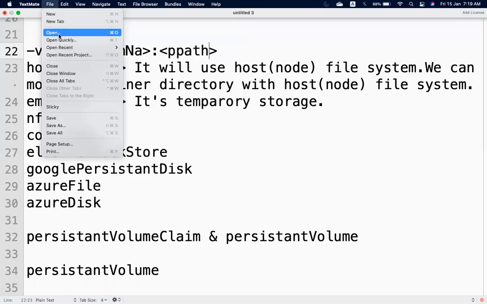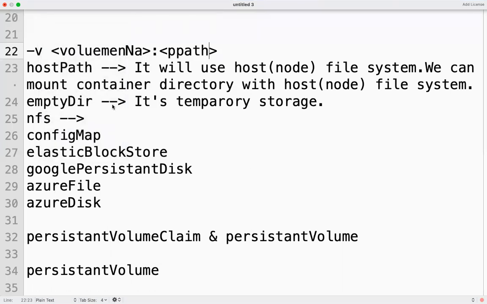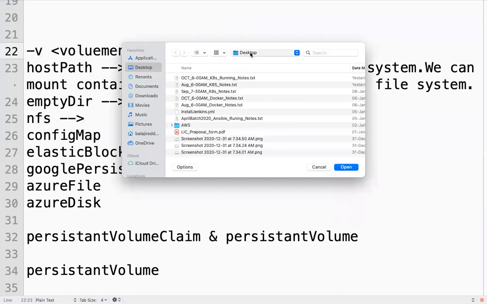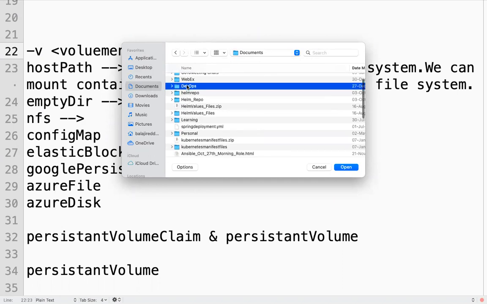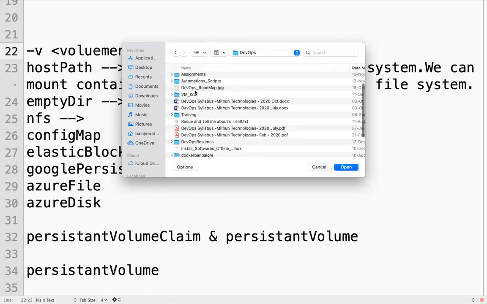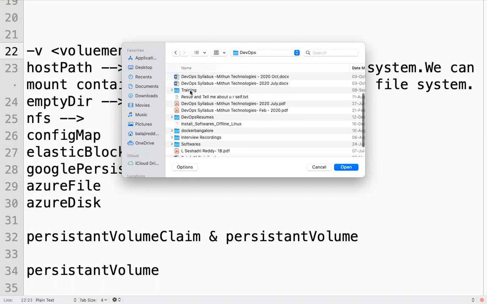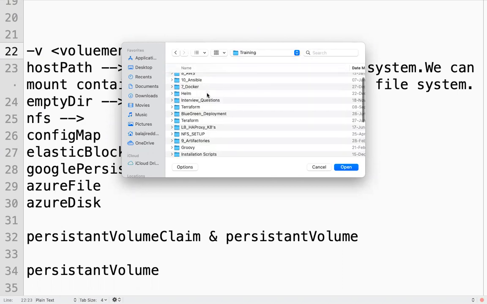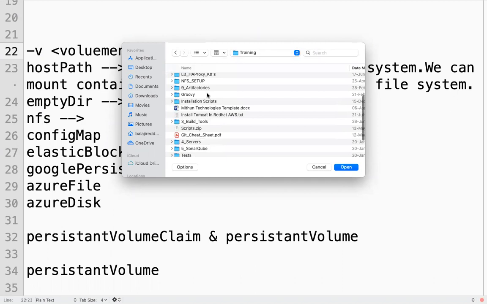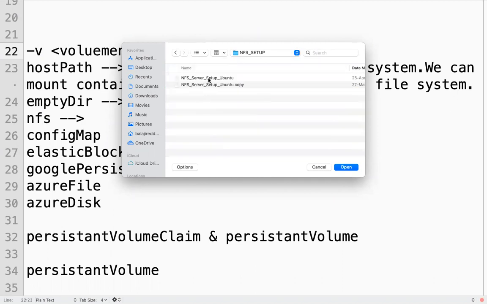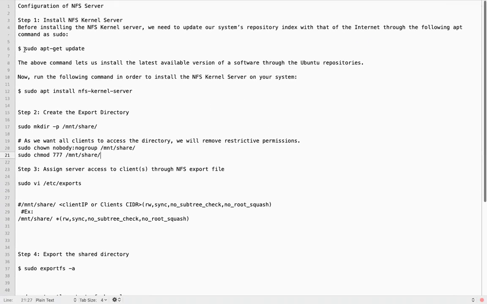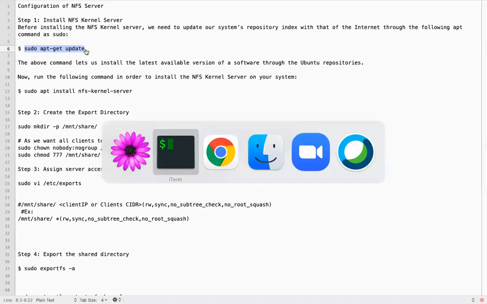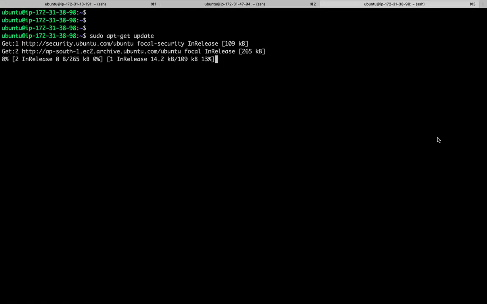You can use those installation instructions if you want to practice this also, to set up the NFS software on that server. It is nothing to do with Kubernetes.